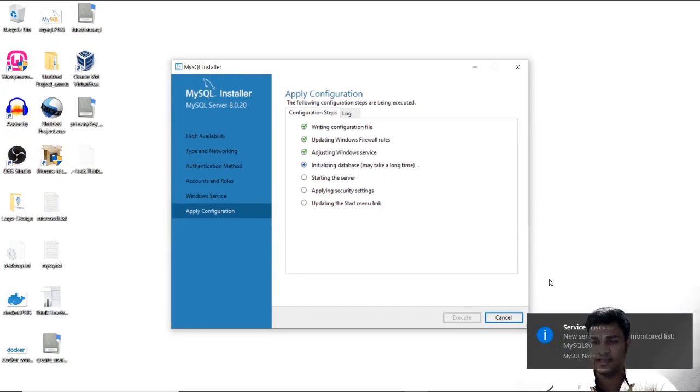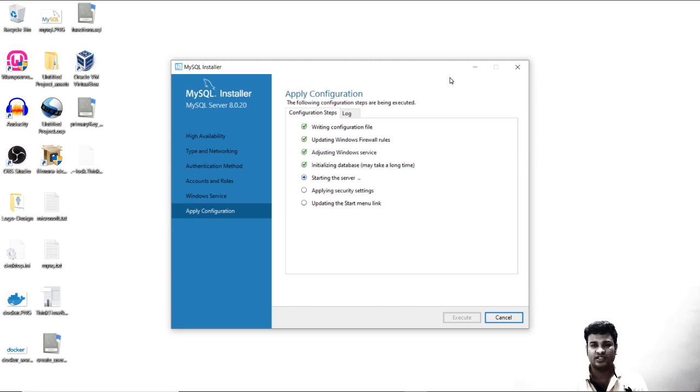So you see over here that it gives a message saying the server list changed. New service added to the monitor list, MySQL80. I will just show you what exactly this means. So this has been added now. In a while, you will see that it will change its status from in progress to running, when the server starts.